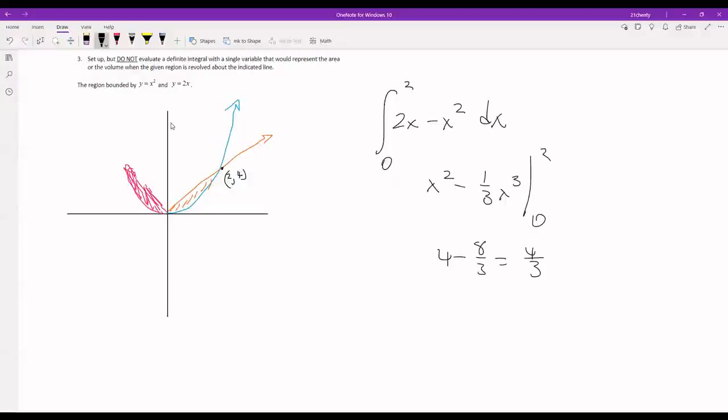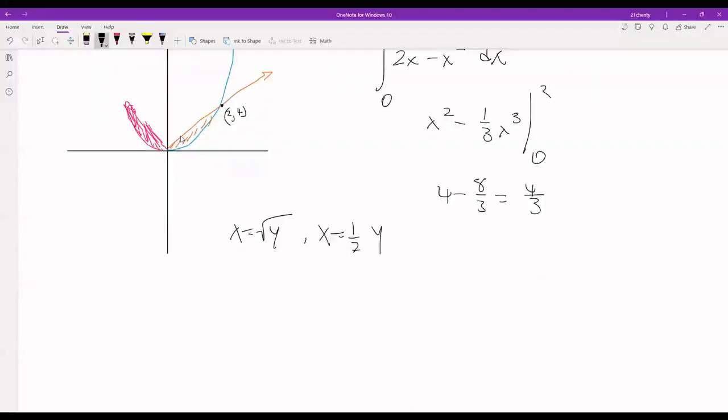This is the washer, because there's a big hole in the middle. This part's like a big hole. So we'll take our big radius, which is, since we're rotating this around a vertical line, actually we have to put these in terms of y. So x equals rad y, and x equals 1/2 y. So we go integral from 0 to 4 this time, because it's the y,